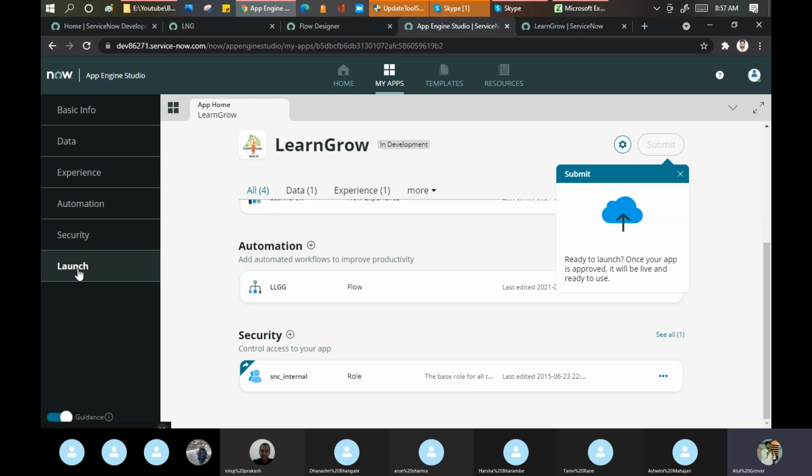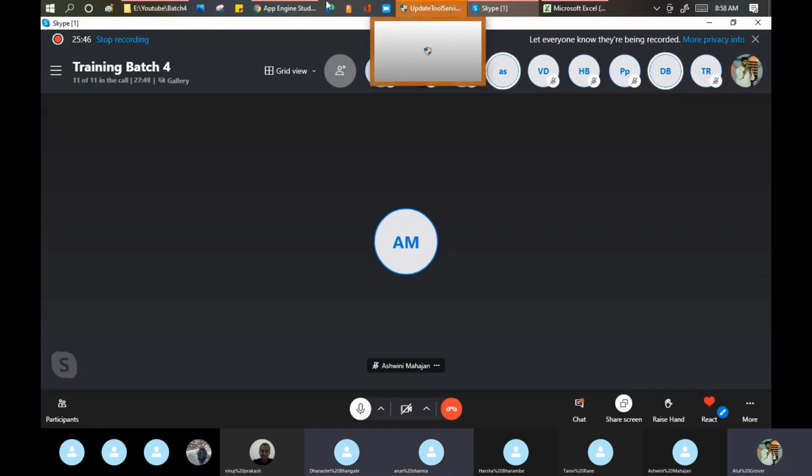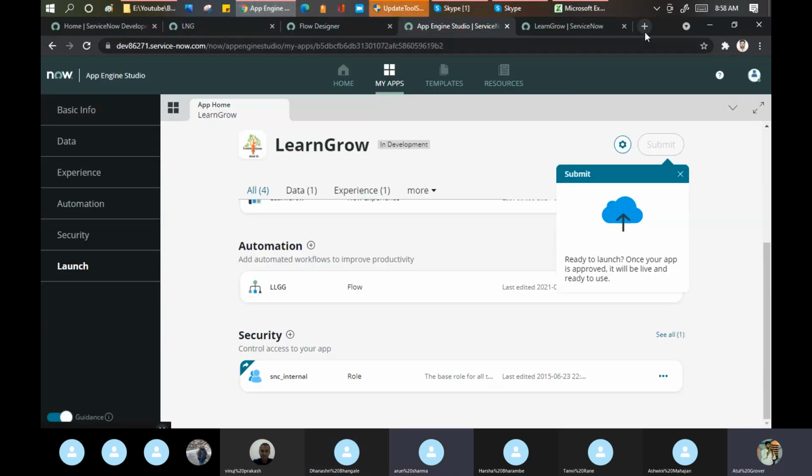Launch means that now I'm going to deploy this particular application on the ServiceNow site. So like we have a Google Play Store, right? We have an Android Play Store as well. Yes? Yes or no? So in the same way we have the ServiceNow store.